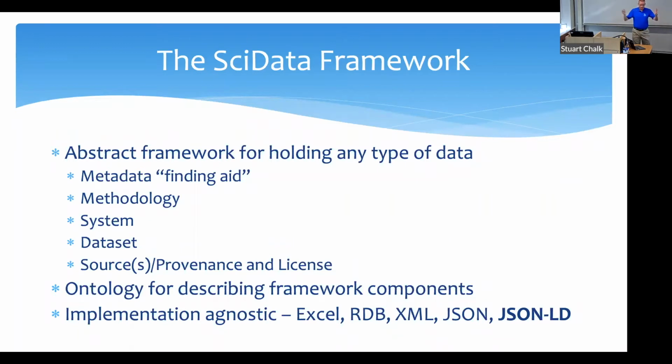So, in a sense, we needed something in the middle. It was in a graph database, but having some way in which there's some kind of structure in the graph sense to be able to search against the data that's been put in the graph, so that we can actually look across different data sets that have been put into the graph and do something with the data. And that's how we came to the SciData ontology that goes with the framework.